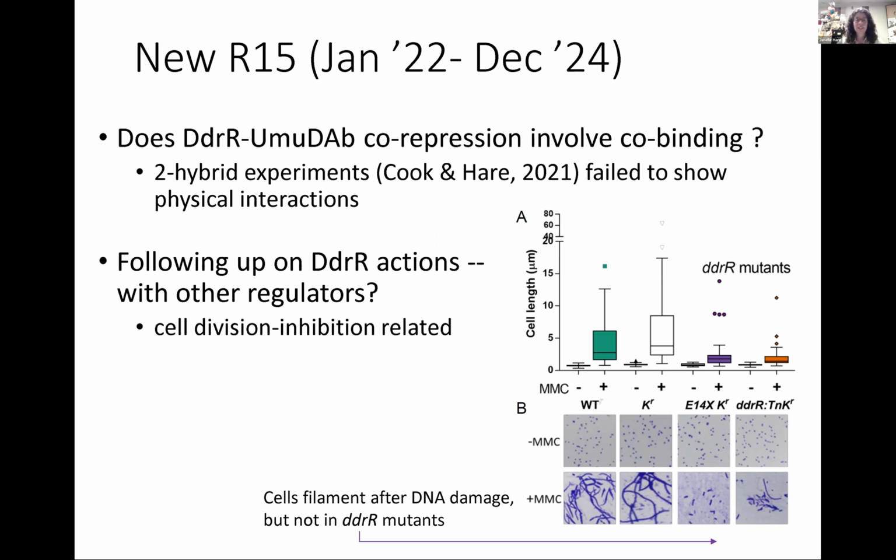They want to wait until they fix their problems and then divide. So wild type cells will become very long after you treat them with DNA damaging agents. But that doesn't happen in the DDRR mutants. Somehow they're not catching on to the fact that they're being DNA damaged and that they should wait and decide